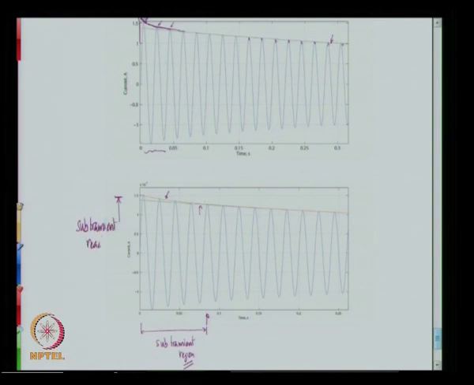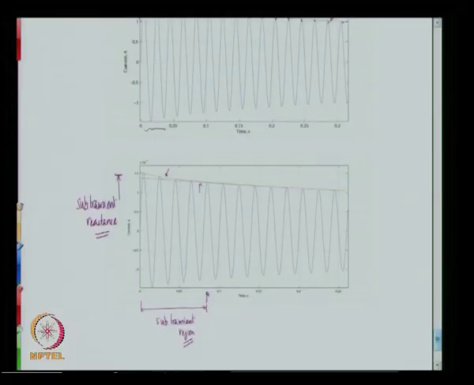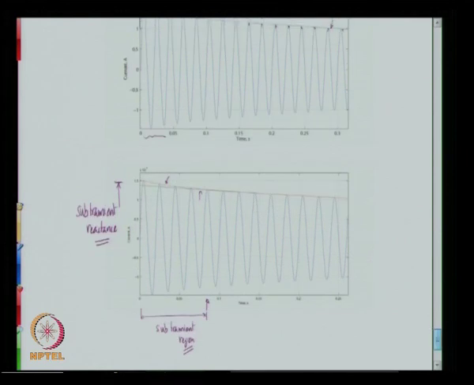The subtransient reactance is the one that is going to determine how much flow of current there will be when the machine is subjected to a short circuit. Of course, after all the components decay down, what you have is only the steady state component, which lasts for a long time. So we have seen that the equations that we have derived describing the alternator have enabled us to define